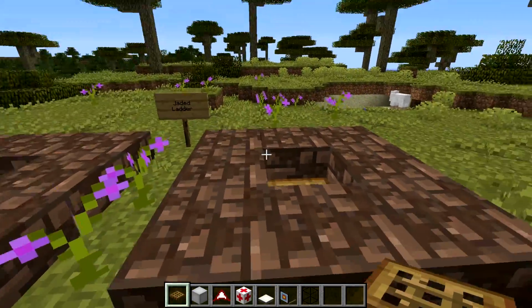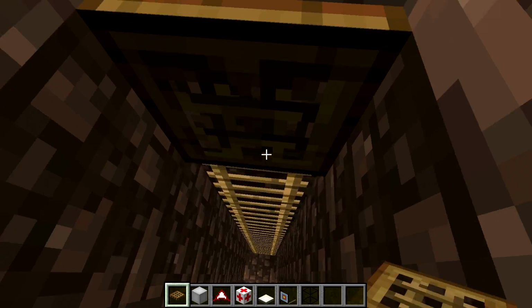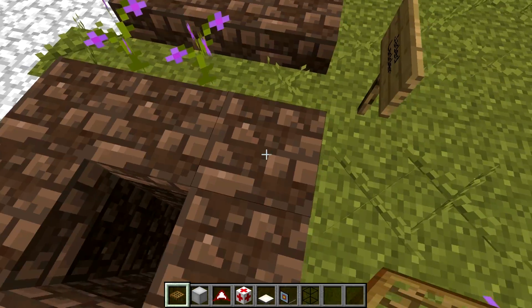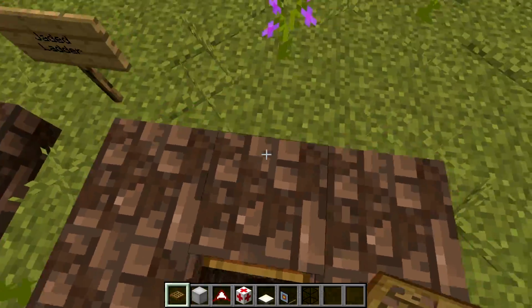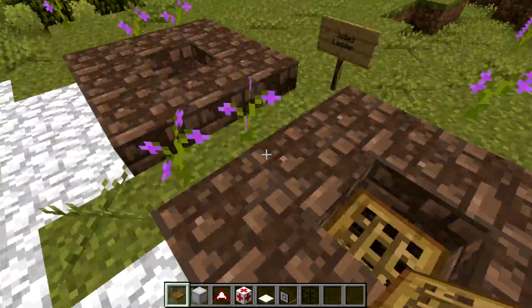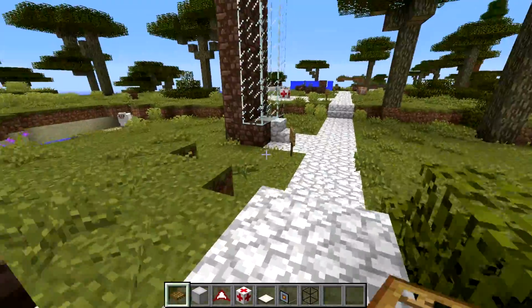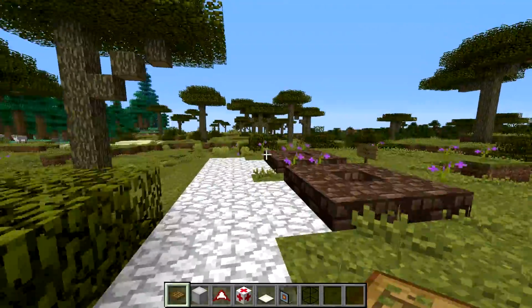And the Jaded Ladder is very useful because it has a ladder ability. You can just go straight up the ladder and straight onto the trapdoor ladder, and there you go, you can just climb out like that easily. And then you can close it and it acts exactly the same as a normal trapdoor, so that's the Jaded Ladder. Really useful in survival, I can imagine, and I'm sure a lot of you will find use for that